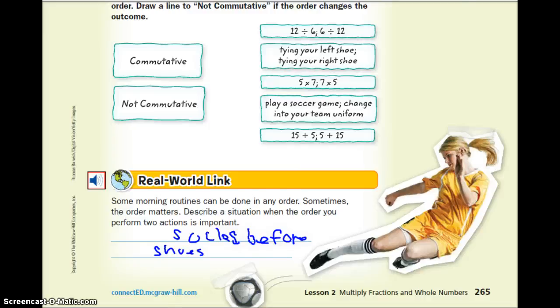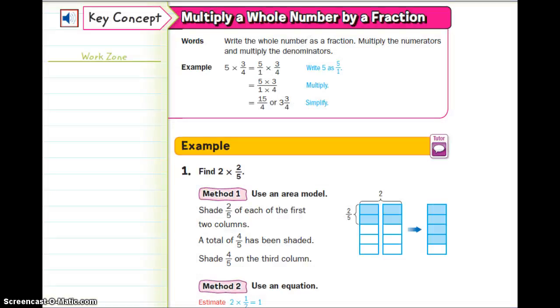See you soon. Bye. So the big deal that you need to look at when you're multiplying whole numbers by a fraction is taking the whole number and making it into a fraction. Any number n can be made into a fraction by putting it over 1. 1 is the identity property. Alright, so we're going to look at the examples. We are not going to model, we're going to do the math. In the modeling example,